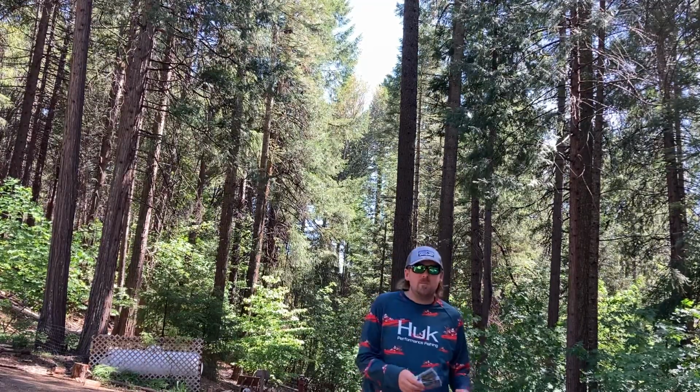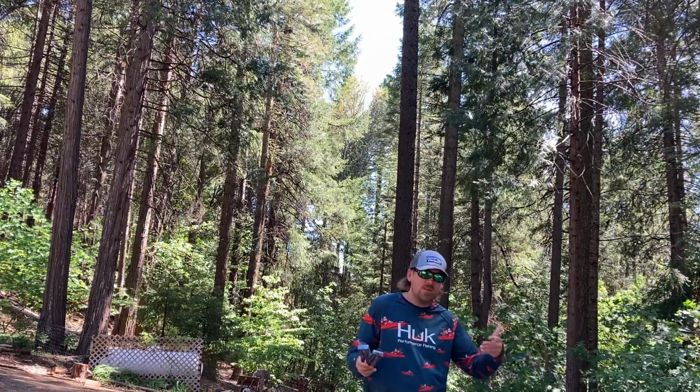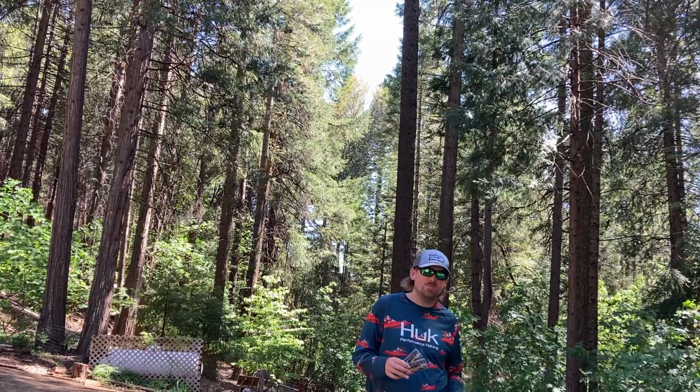These are worth every penny, guys. They're one of the better crankbait jerkbaits on the market. They're not talked about enough, and a lot of that's on purpose. But